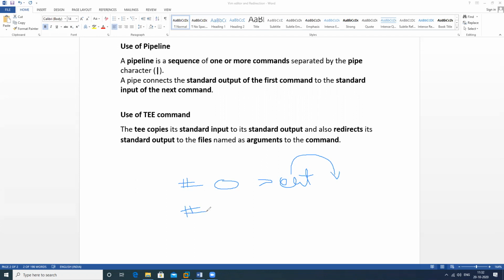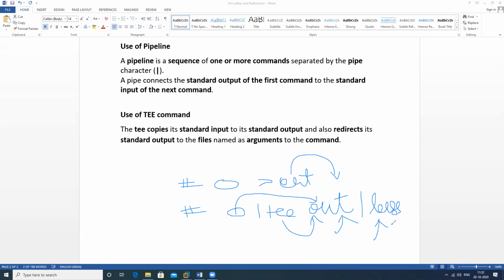Suppose when we use any command here, and when we use the pipe symbol to combine this particular command, and when we use T here with one file name, it will print all the content related to this particular command here also and pass one copy if we use a pipe sign and use less here. So it will pass one copy here and one copy for this particular next command.